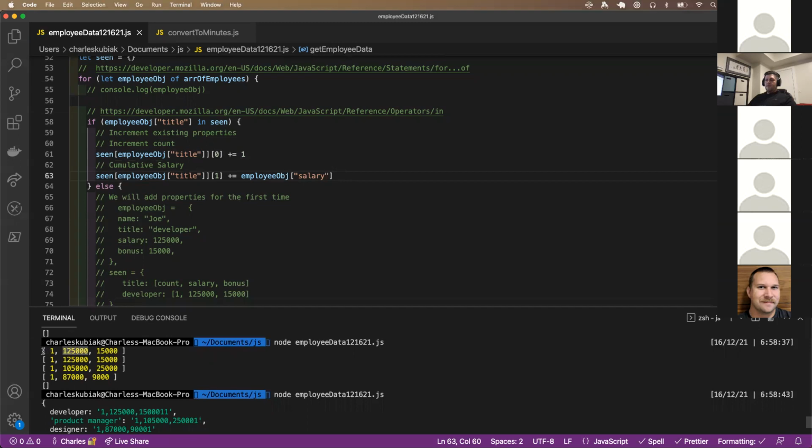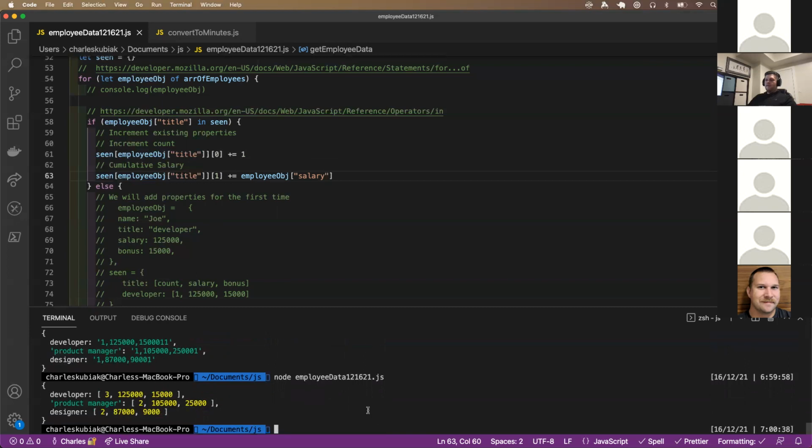And then I am getting into the array. So the value for the key of developer, I'm going into the value, which is an array. And then I know that my salaries are stored in the number 1 index, so the second item in here. And then I'm going to add the salary in employee object to that, right? So now when I run this again,